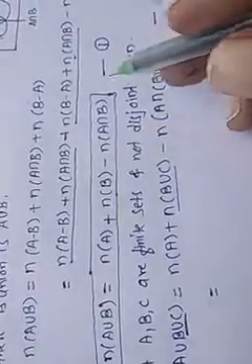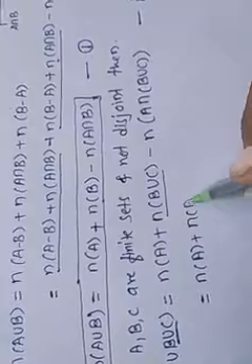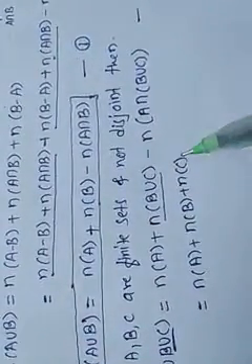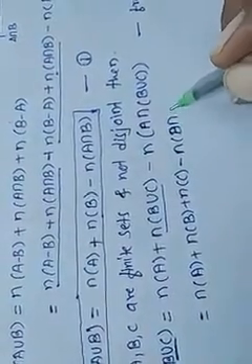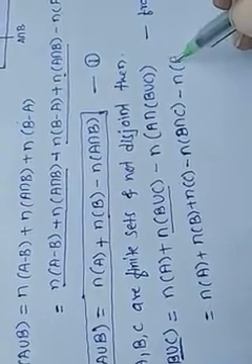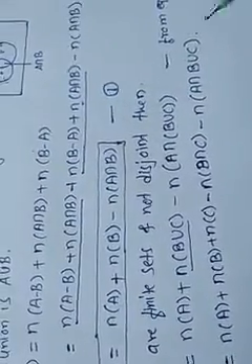Okay, now again we write B union C from equation 1 can be written as n of A plus n of B plus n of C minus n of B intersection C, and it is as it is n of A intersection B union C. Okay, in this step we apply equation 1 on B union C. We write here from equation 1 again.